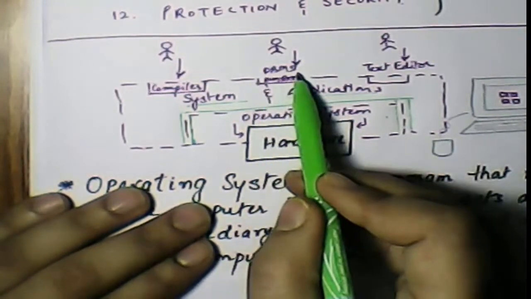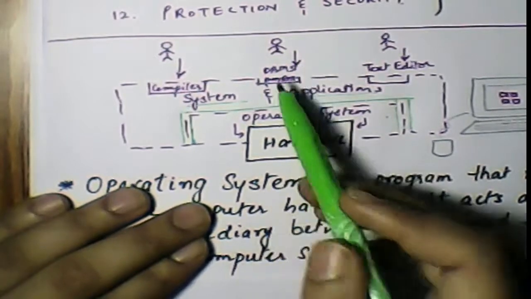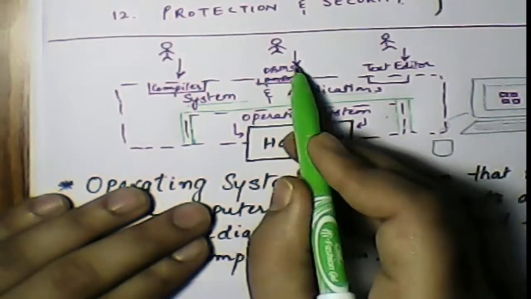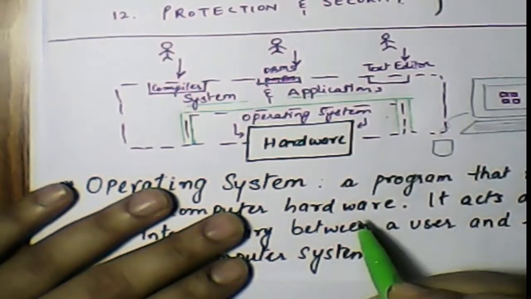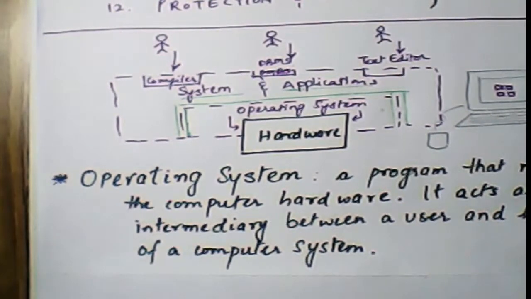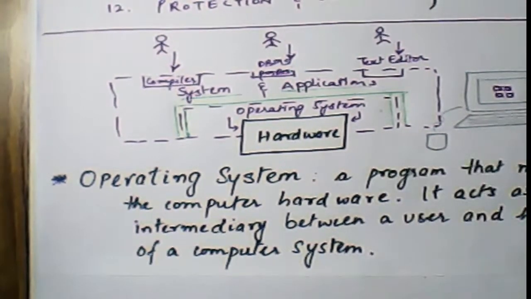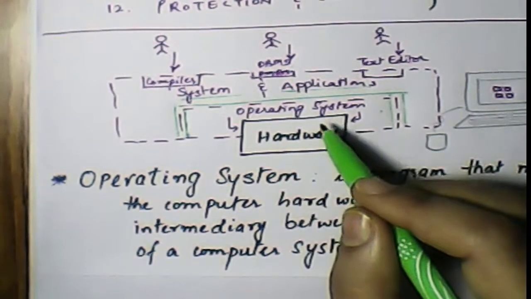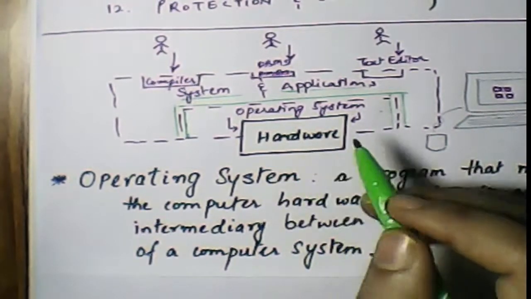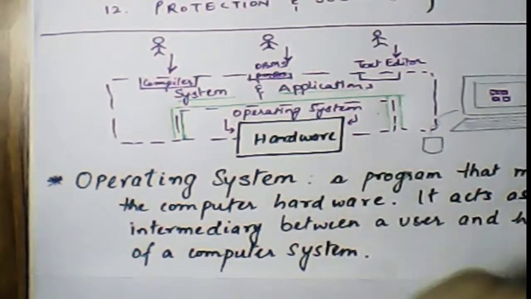There could be another user who is trying to fetch a query from database. So he is interacting with database management system. He is trying to type a SQL query and there is an output coming. What is this? This is an application program which interacts with operating system and which requires hardware. Why do we need hardware in database? Because there are some tables which are stored in memory, and these tables have some logical view, and hardware would be kind of a physical view.